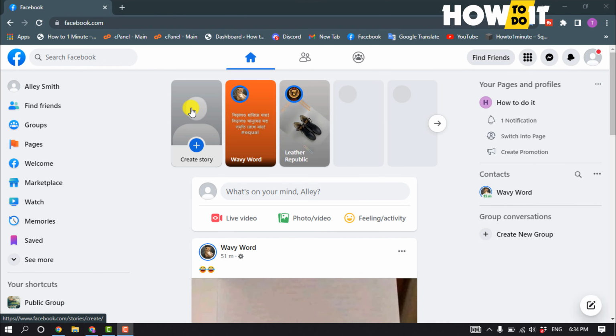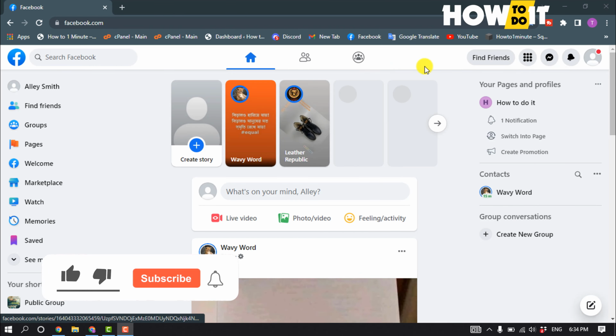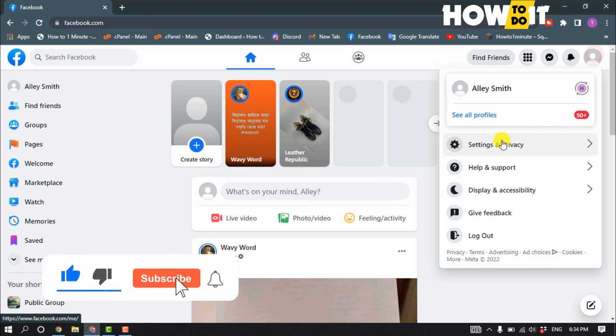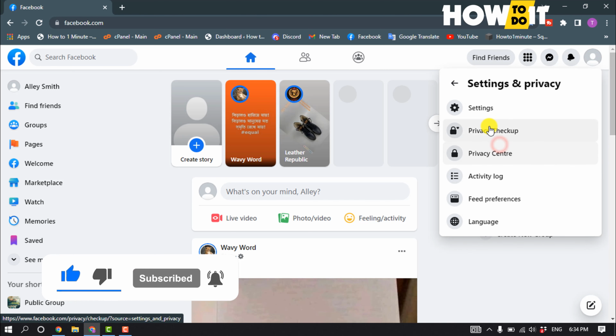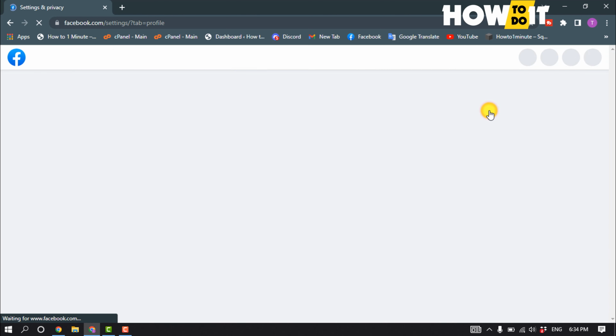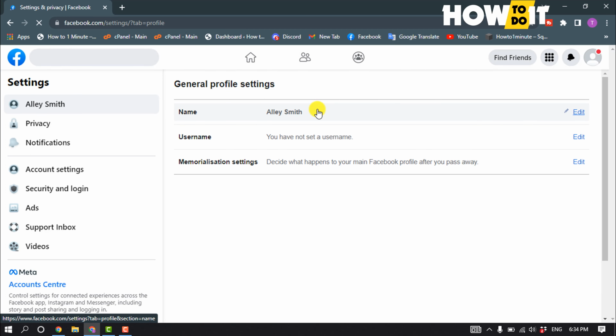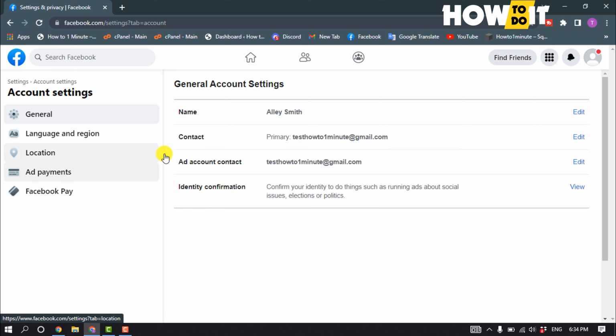So first of all, log in to your Facebook account and click on Account, Settings and Privacy, Settings, Account Settings, and here you'll find the Contact section, and inside of this Contact section you will get your email address. To change your email, click on Edit,